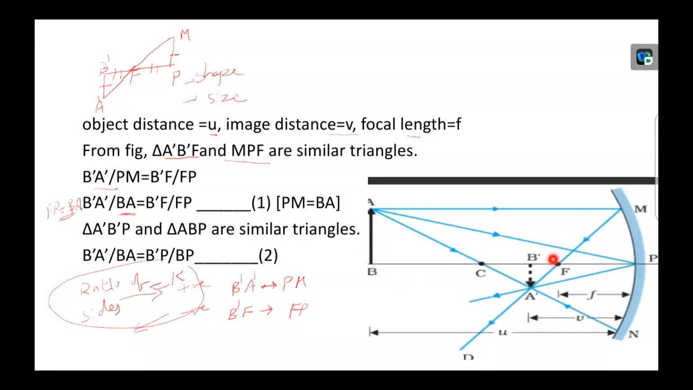Similarly, the distance from B dash to P, that is pole to image, we have taken as V, that is the B dash P, and B to object to pole, that is BP. That ratio we have taken in RHS. That means height of the image by height of the object in one side. Another one, the distance from image to pole and the distance from object to pole, that we have taken in RHS. This we have taken as two equations. Okay. Now, when we observe these two equations,